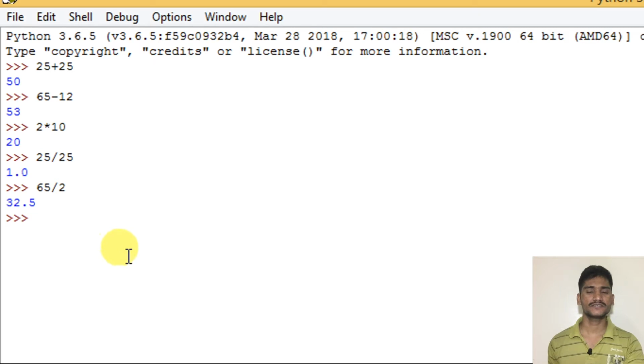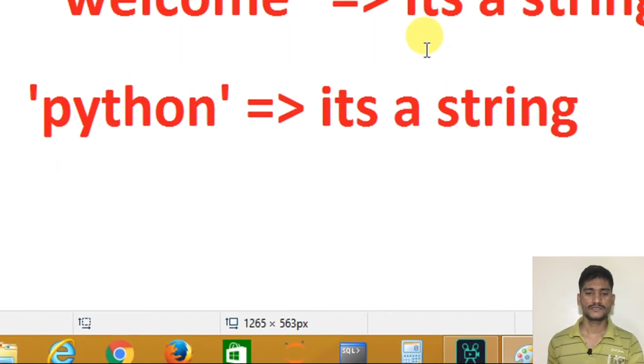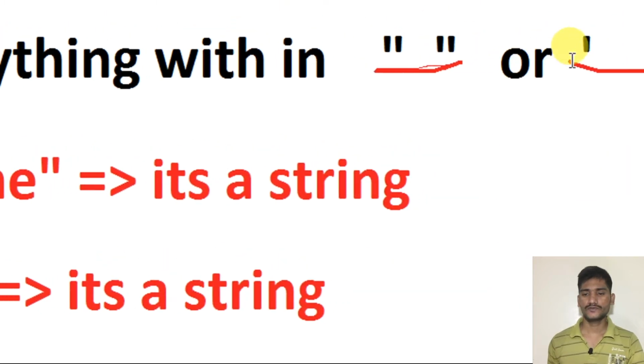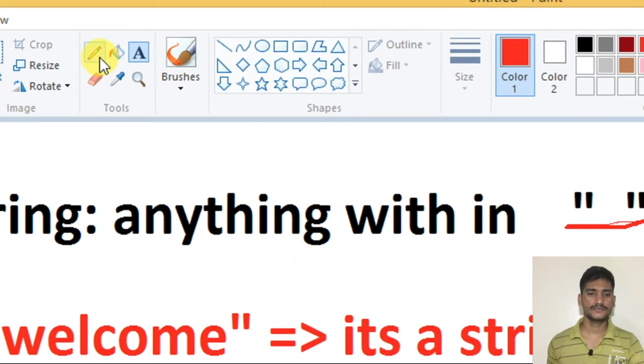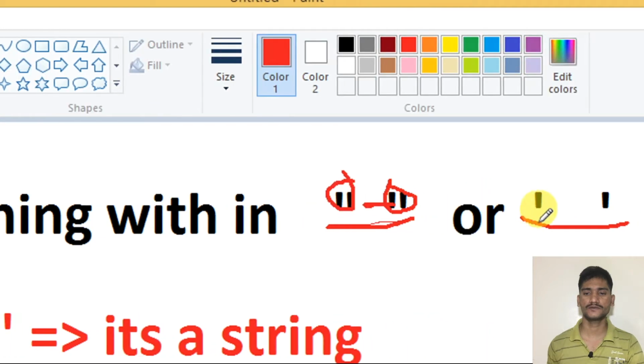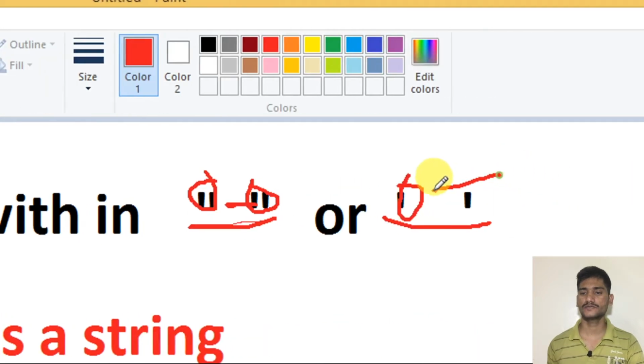We can't do only calculation; with calculation alone we can't do many things. So let's understand what a string is. A string is nothing but anything within double quotes or single quotes. This is a double quote and this is a double quote. This is a single quote and this is a single quote.